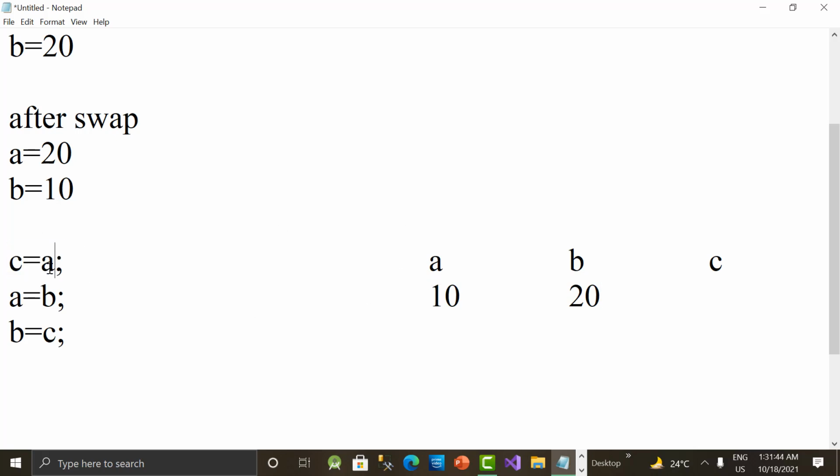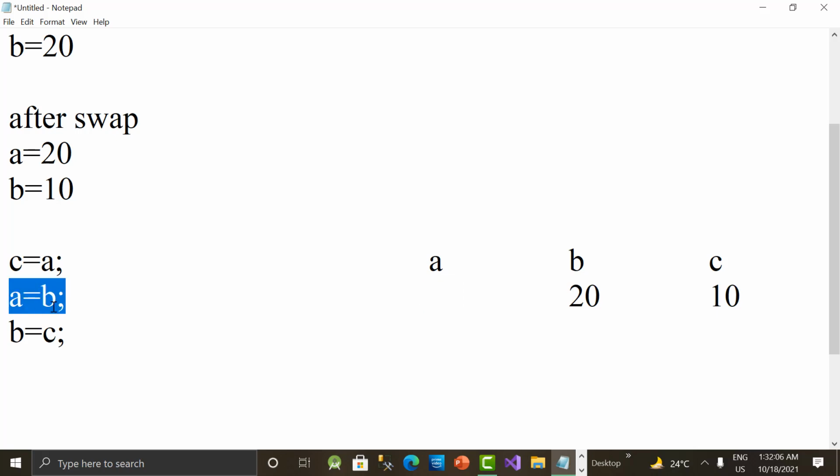C equal to A means we are passing the right side value to the left side variable called C. So what is A value here? 10. So this we are assigning to C. So obviously C value becomes 10. Okay. So we can remove it. Actually the value will be there still in A, but still we'll try to remove it. And then we'll execute the next line, guys.